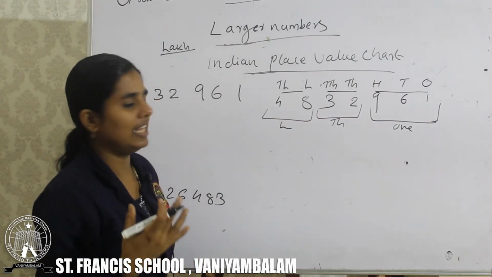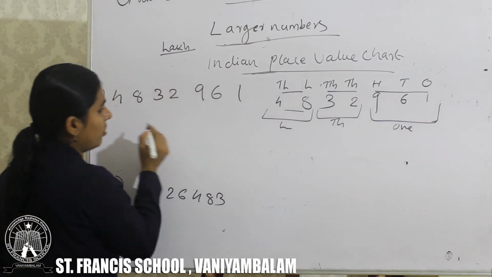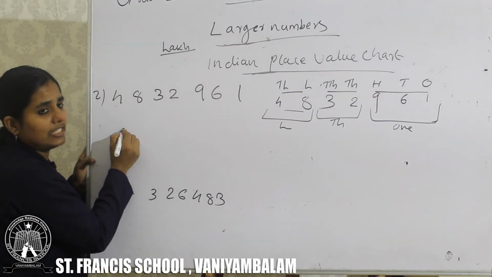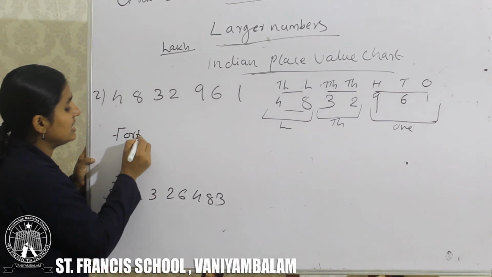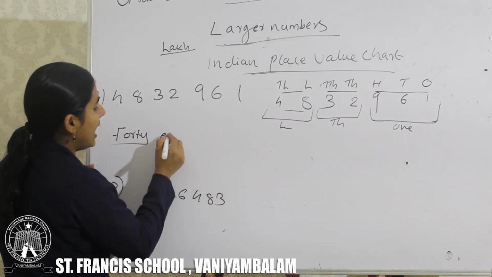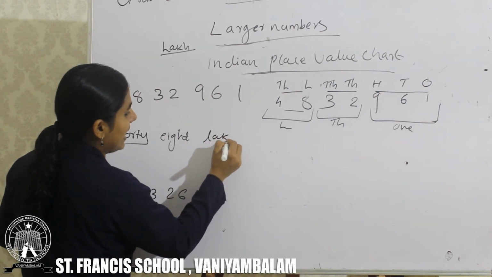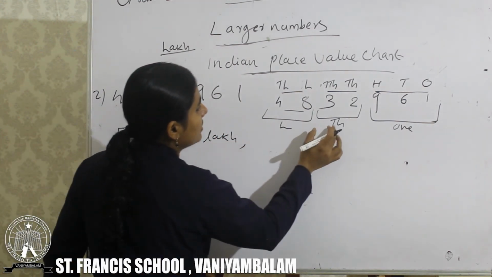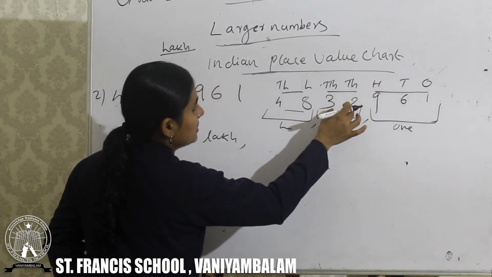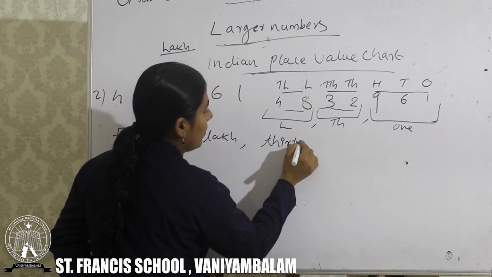After that we can read the number name of these digits. Very simple. In the lakhs place we have which number? 48. Right, here 48. What is the spelling of 40? Not FOUR, it is FORTY. This is our modern term. 40, forty; 48, forty-eight. 48 stands in which place? Lakh. 48 lakh. Next we have which place? 1000. In the 1000 place we have which number? 32. Thirty-two.